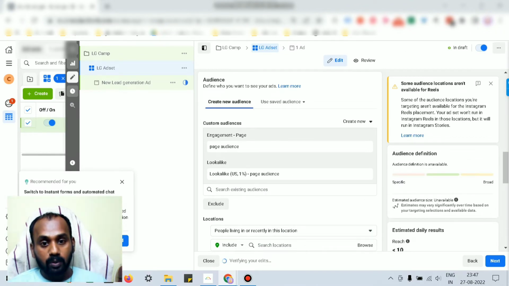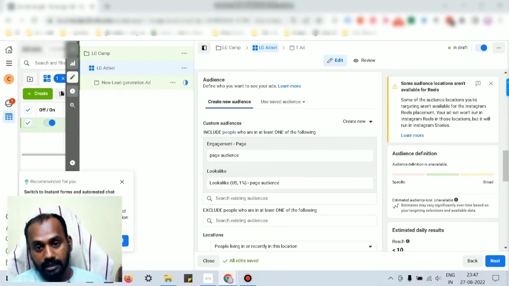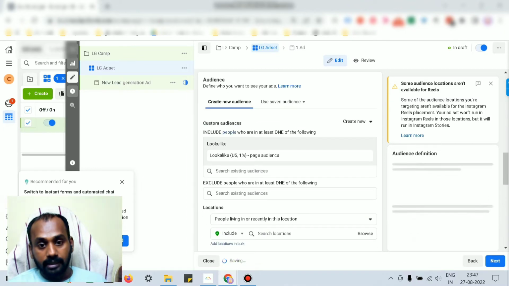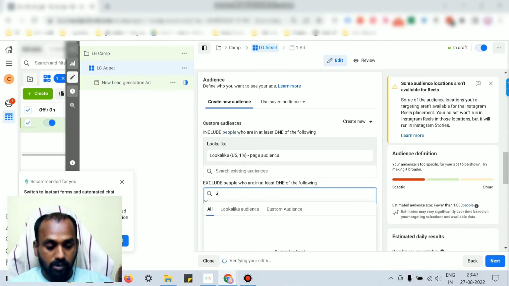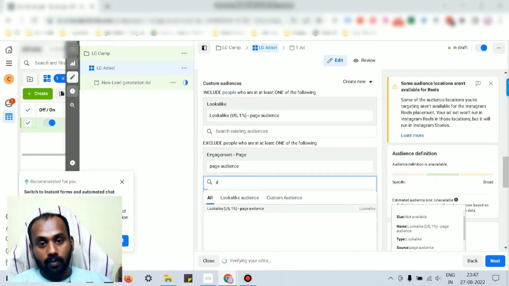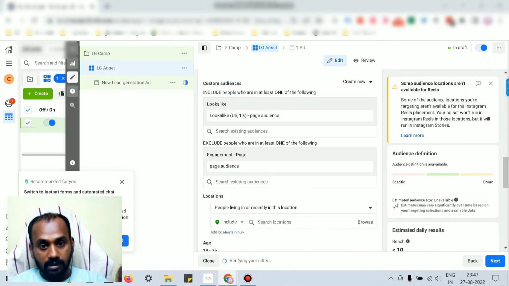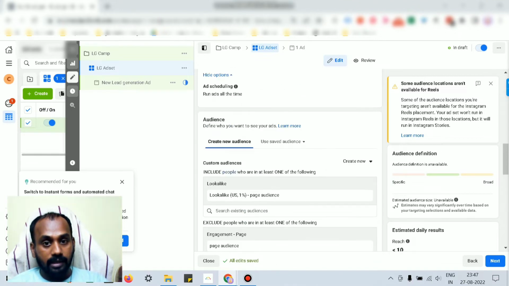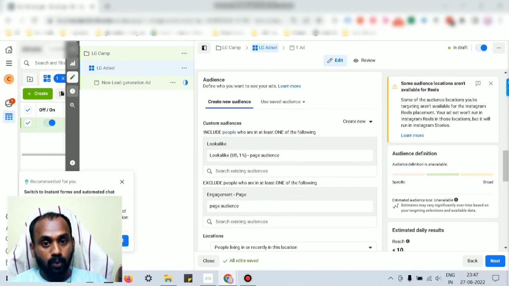If at all you want to exclude the page audience, because it's not necessarily a reactivation campaign, and you only want to target a new, virgin audience, you can just click exclude. In the exclude section, you can choose the page audience. That's it. Once you choose the right configuration, whoever you want to target,